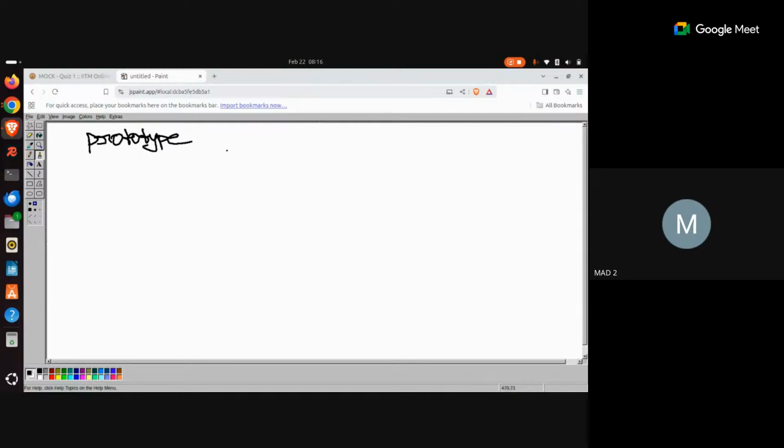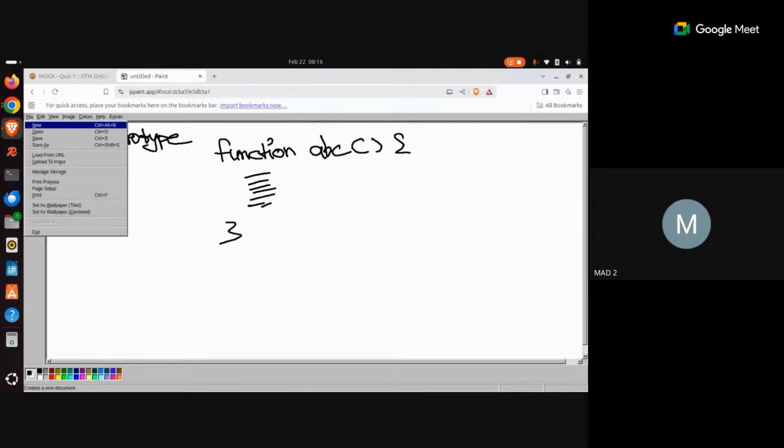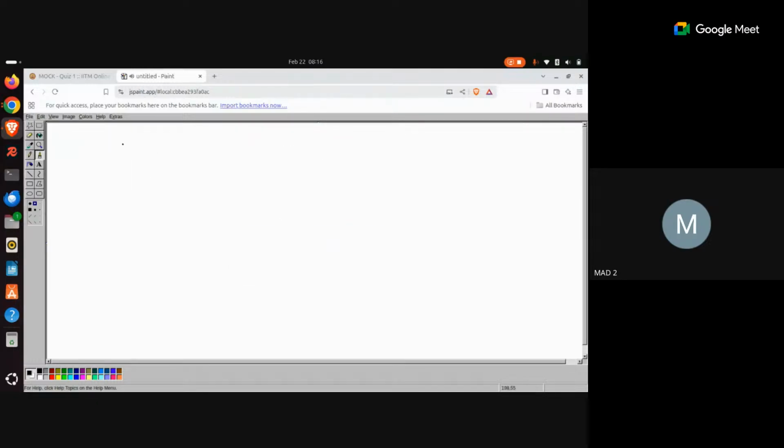For example, you create a function, say ABC, demo, whatever the name of that function could be. As I told you, every function and every object in JavaScript is going to have access to its prototype. Now, you can write some code here. In JavaScript, it is actually possible to create an instance of a function. So you can create an object out of this function, or, on similar lines, so that you will be able to understand it better,